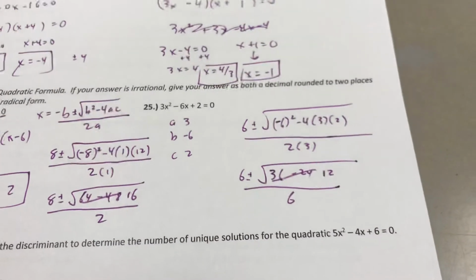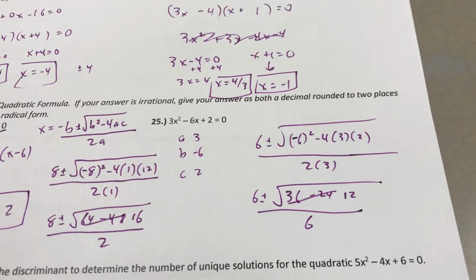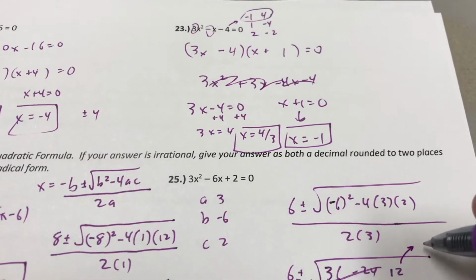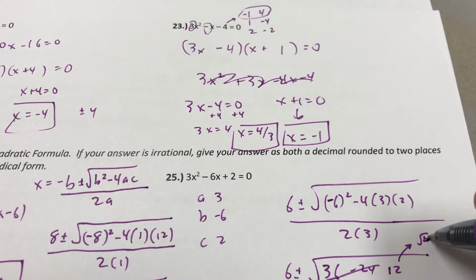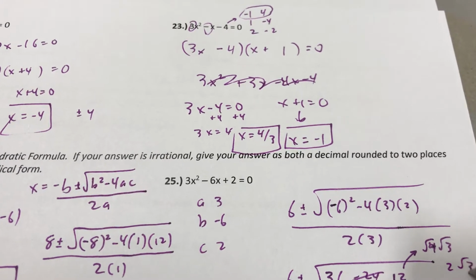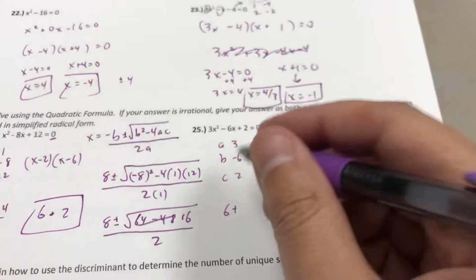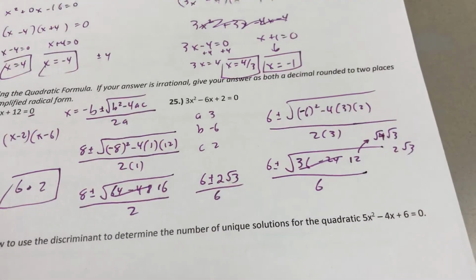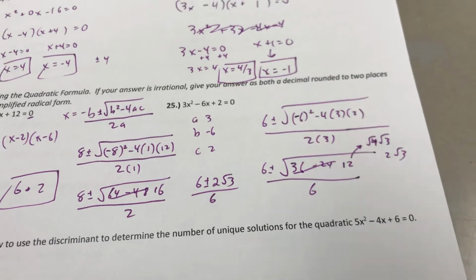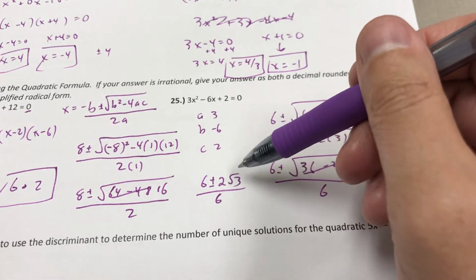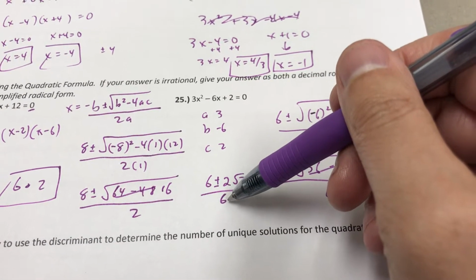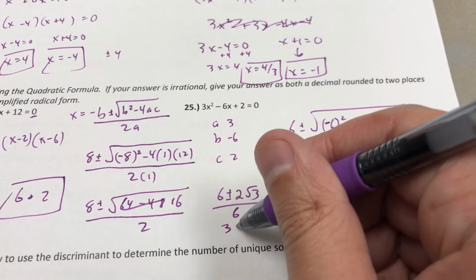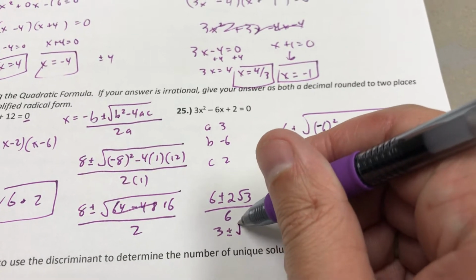Okay, this one breaks down. The square root of 12 is the square root of 4 times the square root of 3, right, which is 2 radical 3. So it's going to be 6 plus or minus 2 radical 3 all over 6, okay? Remember, your third grade teacher will want you to see if there's a greatest common factor. We have three terms here, a 6, a 2 radical 3, and a 6. Notice 2 divides into all of them. So divide everything by 2. That's going to give you 3 plus or minus 1 radical 3